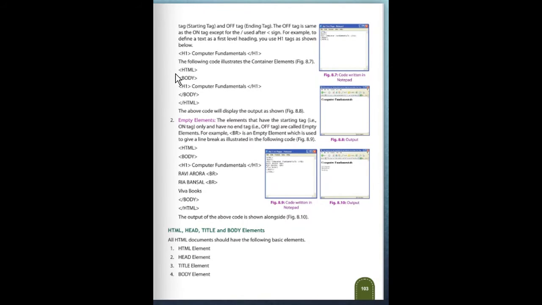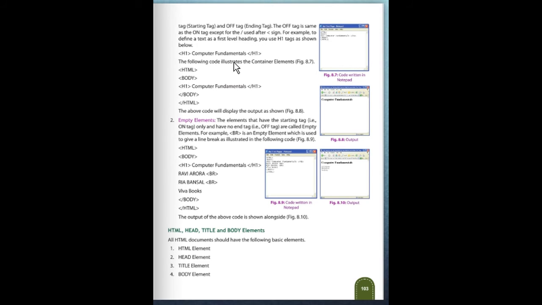For example, the h1 tag. This is the starting tag of h1, then this is the element content, "The computer fundamental", and backslash h1 means the ending tag of the heading tag. This is the off tag.